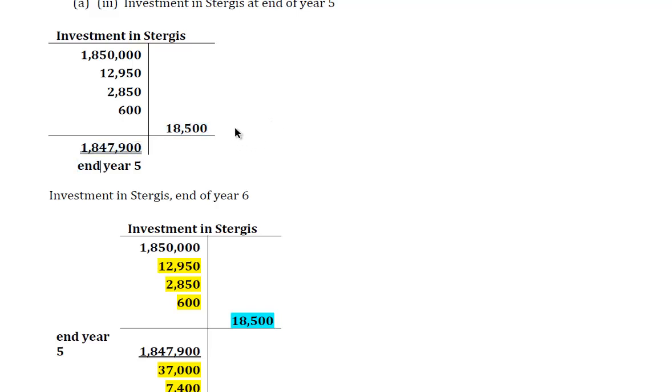One last thing that we would have done is make a journal entry because Sturgis declared, I think it was, a $74,000 dividend. And that dividend was declared, and 25% of that was $18,500. And don't forget, under the equity method, we credit the investment in Sturgis for any dividend we get from that associate company. So now we wind up with an ending balance in the investment account in Sturgis at the end of year 5 on Blake's balance sheet of